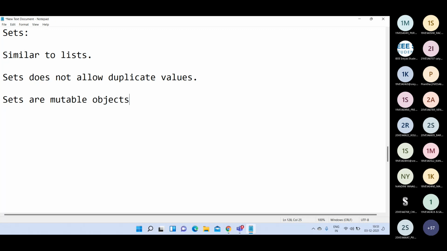Similar to lists, sets are also mutable objects, and sets can be written within curly brackets like this. This is also a comma separated list of elements which are enclosed within the curly braces.